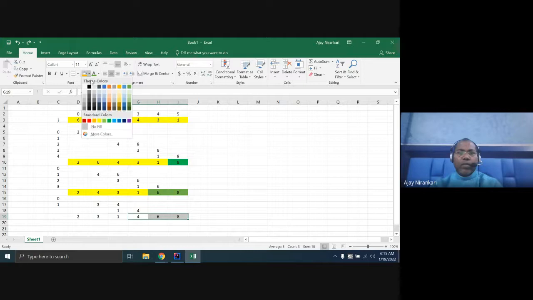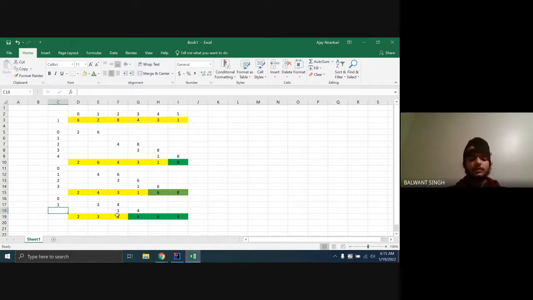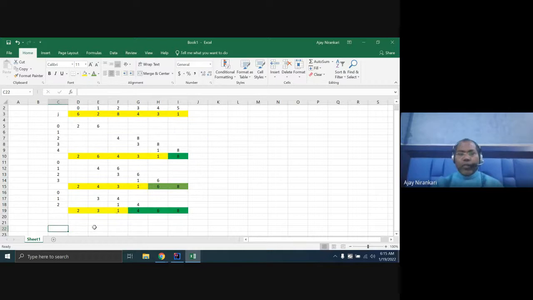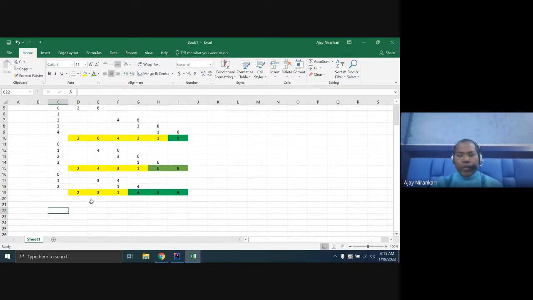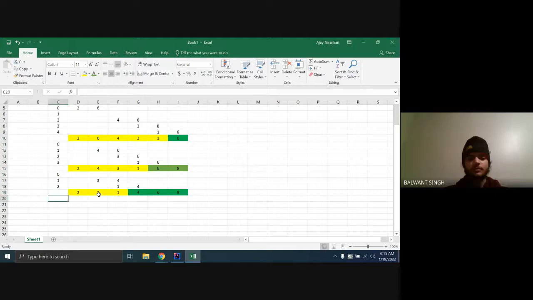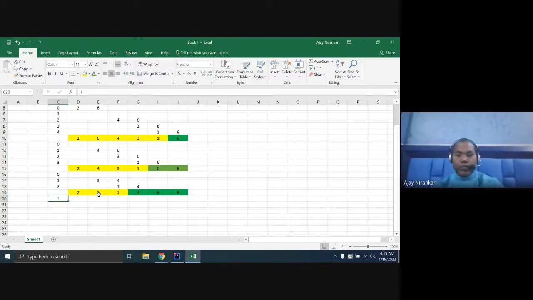It means that all 3 are sorted. These are still not sorted, right? So again we have to perform. Again the first 2, from index 0, then 1, then 2.